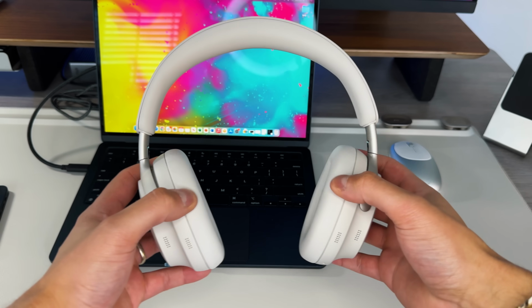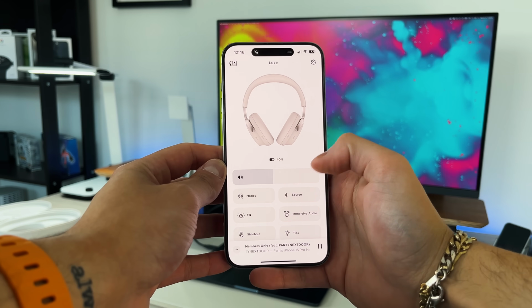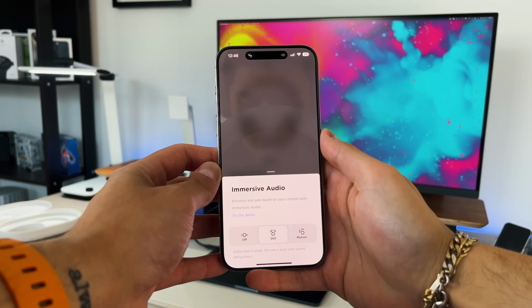So Bose's new immersive audio is basically what they're bringing, so it's very similar to spatial audio where you can have a fixed position and move your head left and right and it moves with you, but then also you have a variable position where you can move around and the concert stage follows you as well. But sound quality is amazing, the app is awesome,